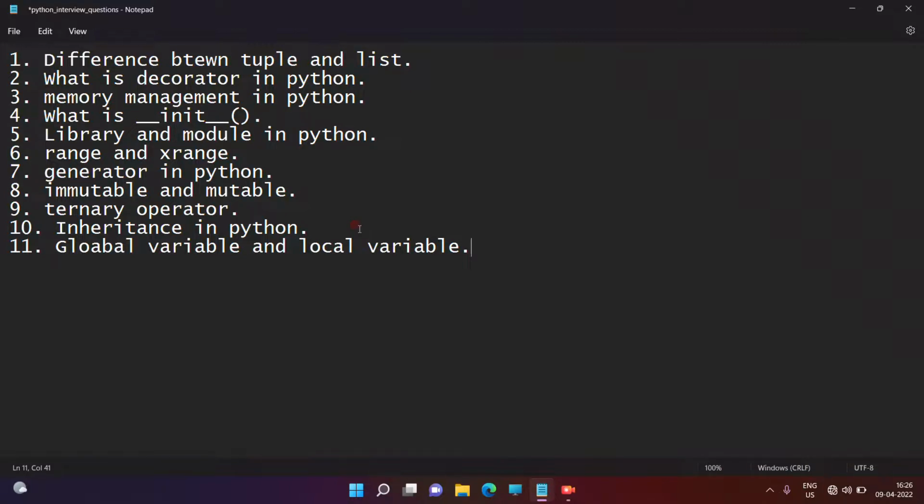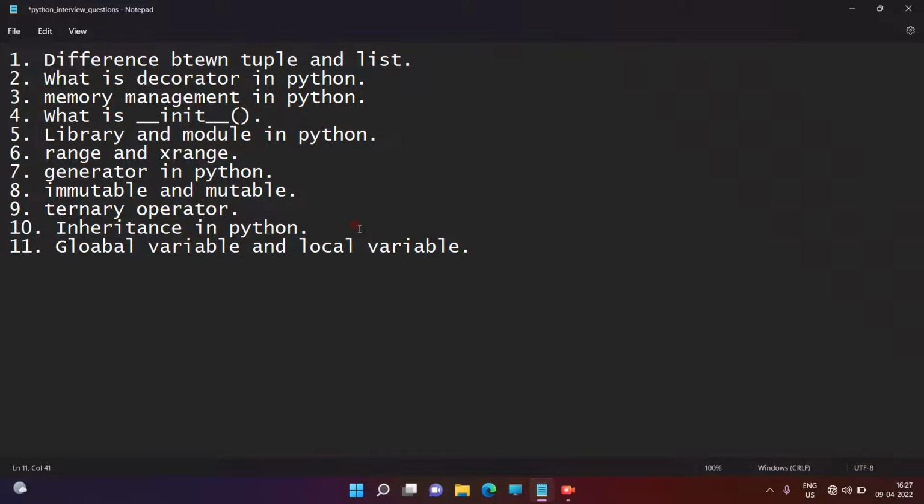For practicing, and as a developer, we need to know what a global variable and a local variable are. So I will explain these two variables and two scopes that exist in Python and in every programming language. There are two types of scopes and two types of variables. First of all, I will tell you what is global scope, and we can also say global variable.